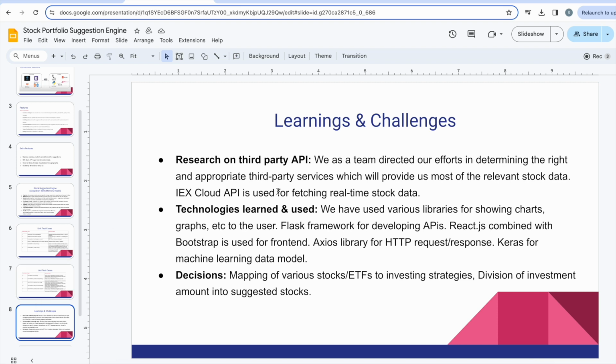Throughout this project, we embraced the challenge of integrating third-party APIs such as the IEX Cloud API, which has been pivotal in providing us with real-time stock data. This was crucial for enhancing the accuracy of our stock suggestions. We also expanded our technological toolkit extensively, incorporating Flask for backend development, React.js for creating a responsive front-end, and Axios for managing HTTP requests. Additionally, our use of the Chart.js library allowed us to present complex data in an easily